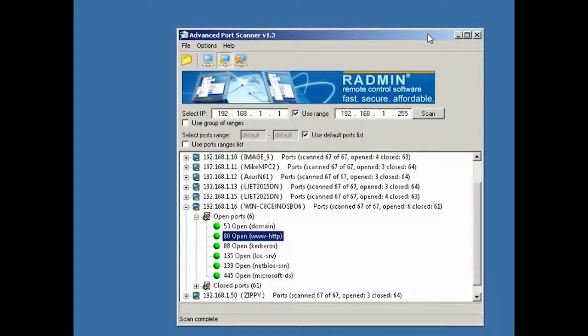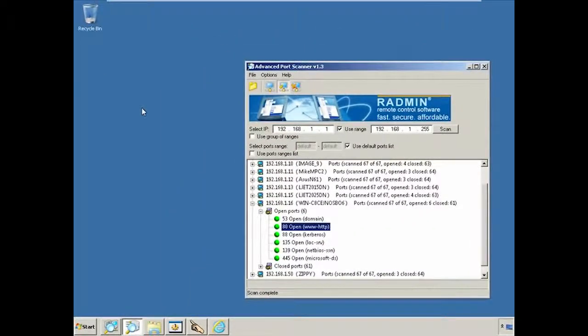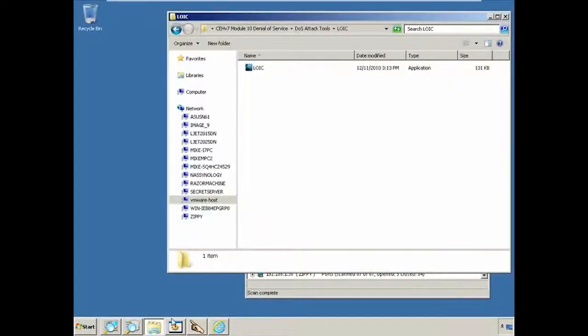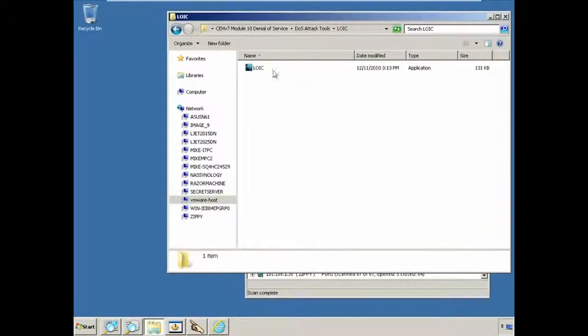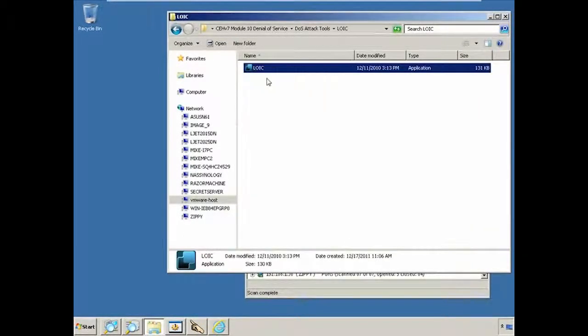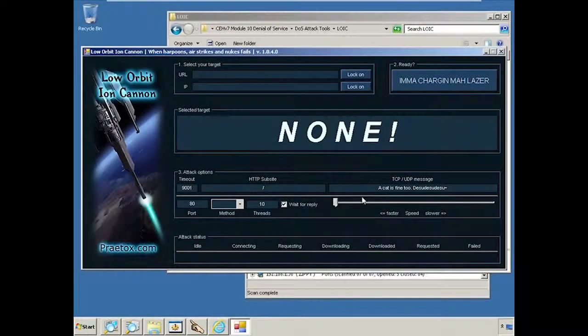Well, if it's all of those things, I know that I can possibly mount a denial of service attack against it if I want to shut down the authentication process, if I want to shut down network change, all that kind of stuff. So this will be the one that I select for the moment based on what my intentions are for a denial of service attack. So I'm going to come over here and I'm actually going to launch my favorite tool for attacking systems like this. It's called the Low Orbit Ion Cannon, or LOIC. I'm going to run it as admin to make sure it's got no problems with compatibility.